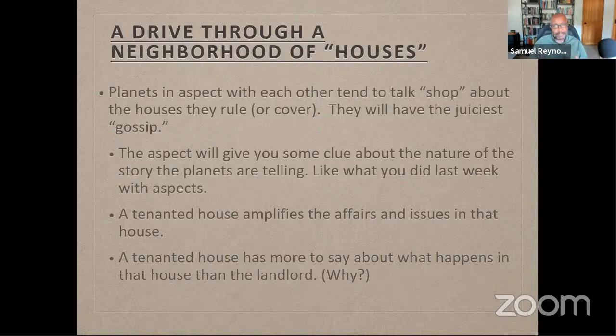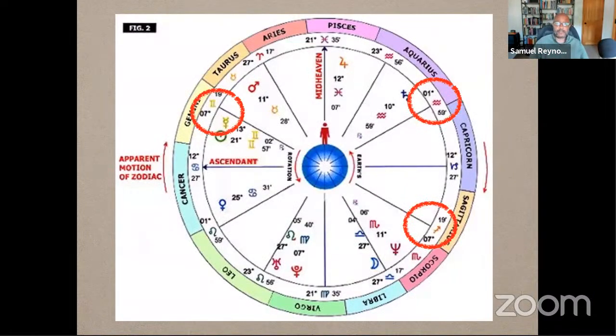So untenanted houses, yes, still have rulers, but tenanted houses have tenants who also are trying to express themselves, not just in relation to the house they're in, but also to the planets and the signs that they look over, or guide or rule in other parts of the chart. Say, like the sun in the 12th house. It's in the 12th house with Mercury, who is the landlord of that house, but the sun is still trying to look over two houses, the second house and the third house.